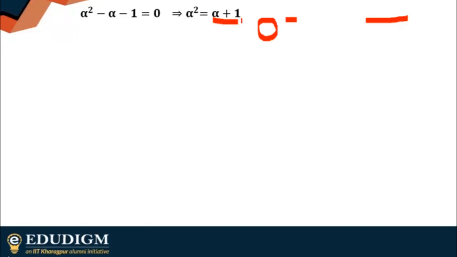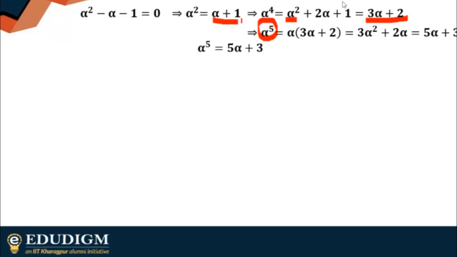How would you get alpha to the power 5? Okay, just a moment, okay? See, I already got alpha to the power 4 here as 3 alpha plus 2. So for alpha to the power 5, I have just multiplied it by alpha. So the first one is 3 alpha square and the second one is 2 alpha. Now I already know the value of alpha squared, which is alpha plus 1. So that's what I have done here. I hope this is okay. If you have understood this alpha to the power 5, just write yes so that I can move on. All right. Just see the rest of the solutions. I think it will be clear to you.